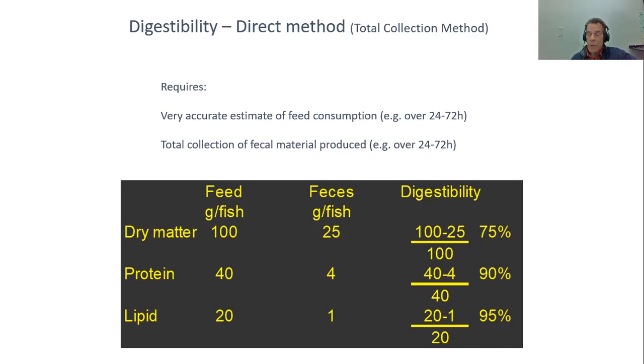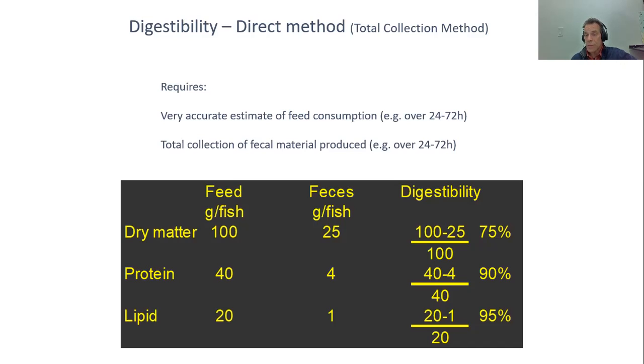Digestibility measured this way, by the direct method, is extremely complicated, extremely challenging under most conditions, and virtually impossible in fish. Imagine you have to collect all the fecal material produced in water, and you aerate and flow water in the tank. So it's very difficult to collect all the fecal material and be sure that you collected all the material. The other challenge is that you can measure feed consumption over a period of time, but will the feces come out over the same period of time? There will be a delay.